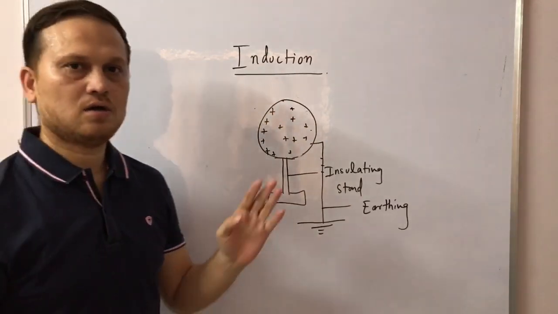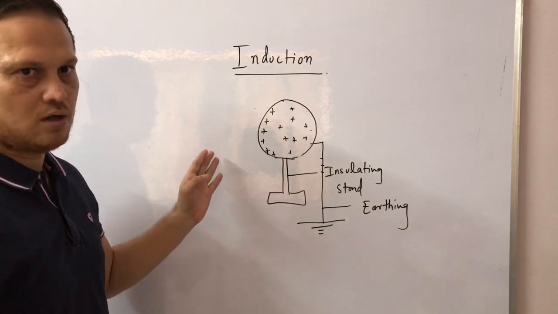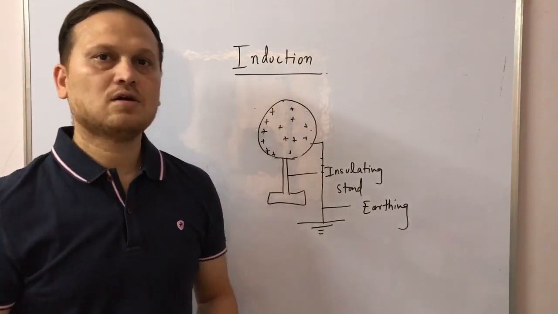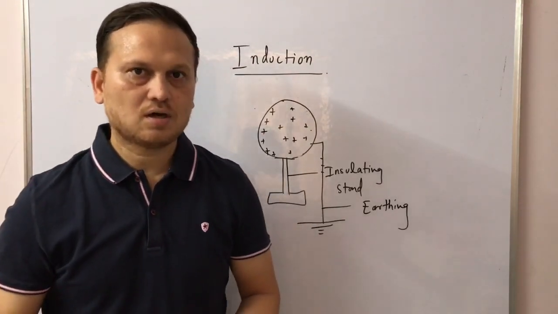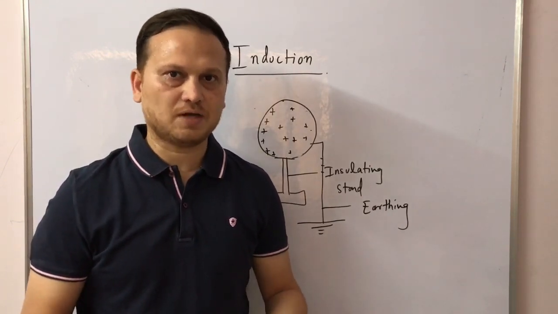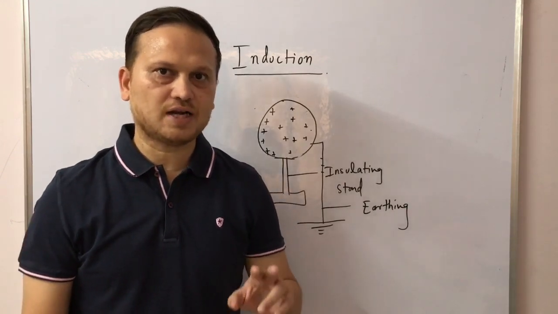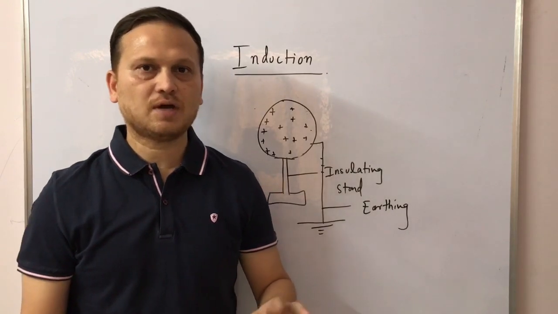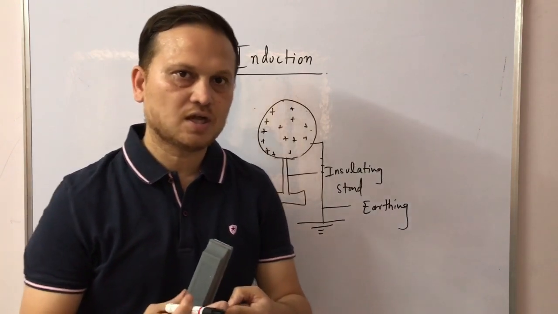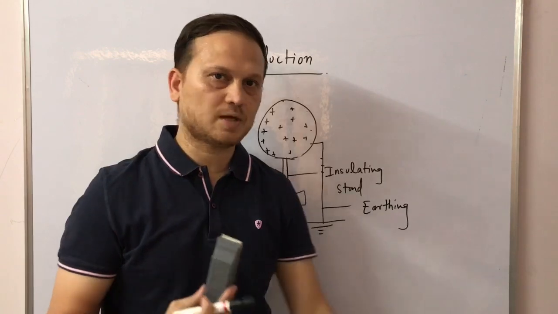Similarly, you can charge a conductor negatively by taking a positively charged rod. By taking a positively charged rod, you will get a negatively charged conductor. So these are the two methods. By these methods, a conducting uncharged material can be charged. So this is called induction. Okay, so charging can be done in two ways, that is charging by friction and charging by induction. In friction, two bodies are brought in contact with each other, and in induction, they are separated from each other. So this is how charging can be done.